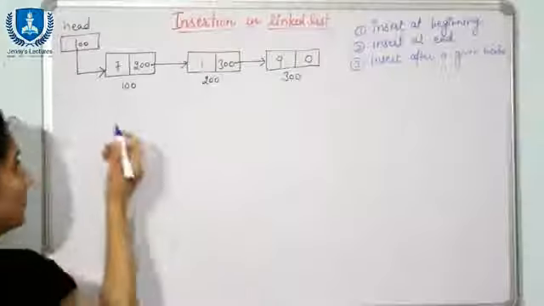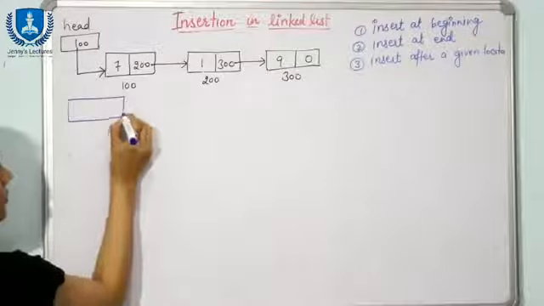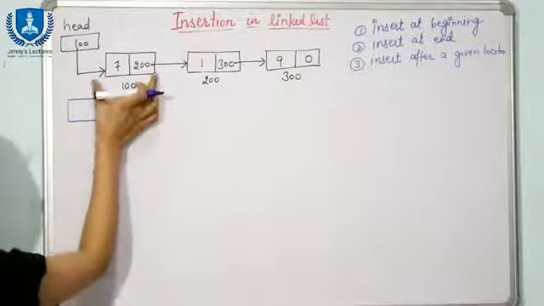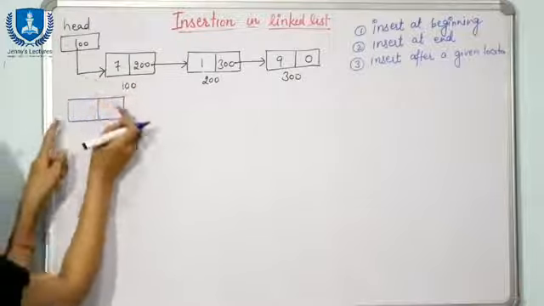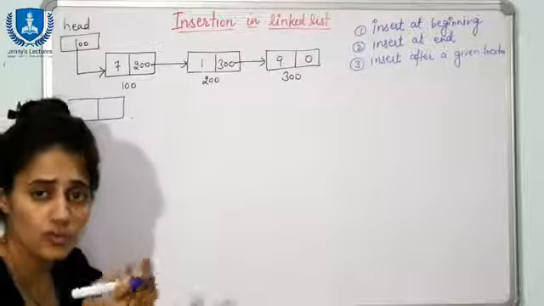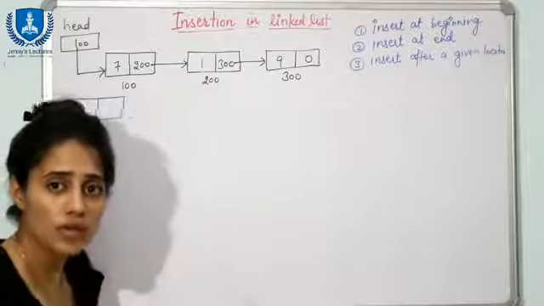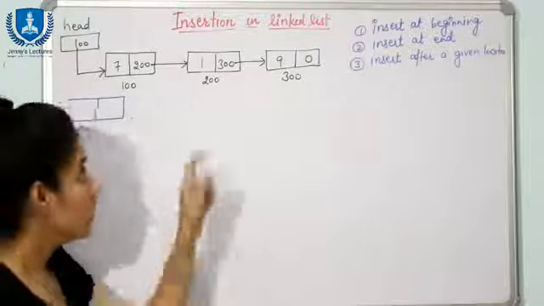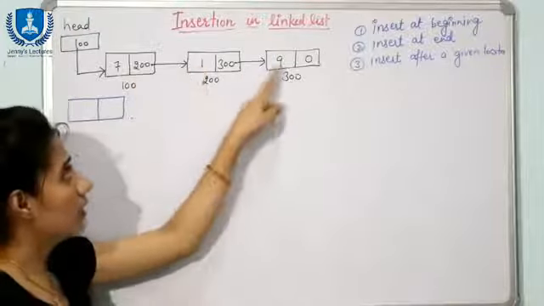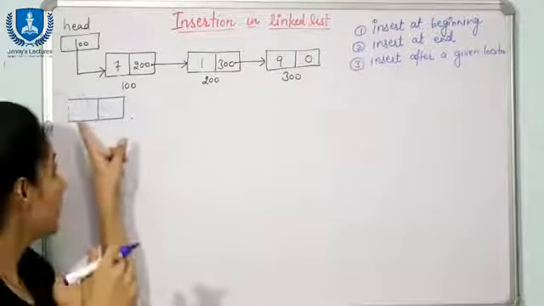So now it means here you want to insert a node. Fine. This is first node. So before this node, at the beginning of the list you are going to insert this node. So first of all, obviously you are going to create a node and you will ask the user which value you want to insert. Fine. See, this here value is 7, here 1, here 9. So which value the user wants to insert. Fine. And you have to create this node also.